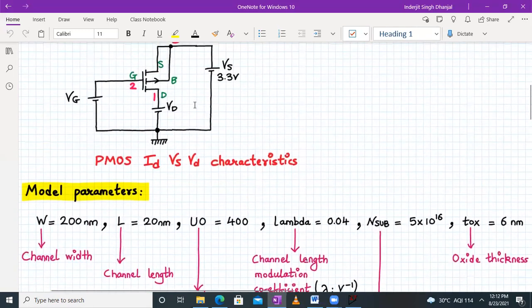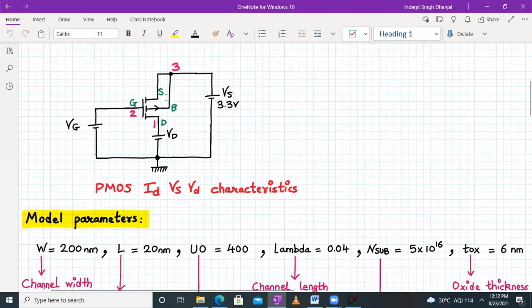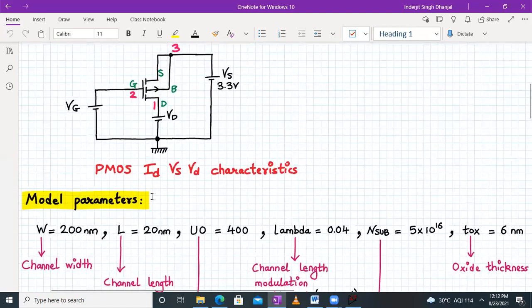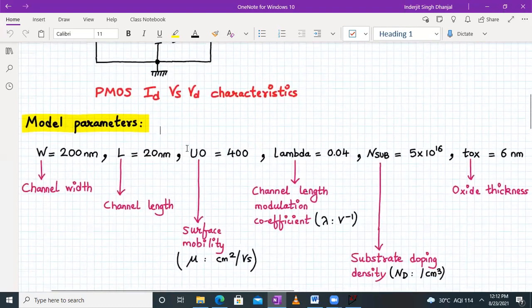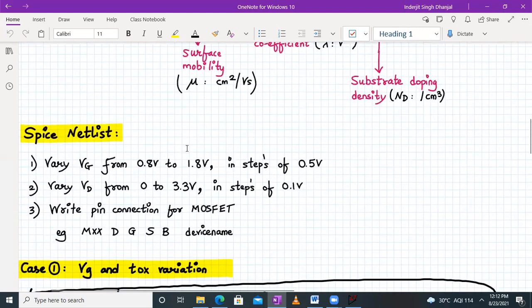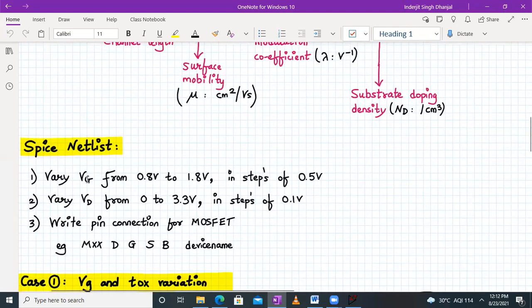Let us see the requirements of this netlist first, and then we will write a netlist in LTSPICE for this circuit. For the SPICE netlist, we have to vary the value of VG from 0.8 to 1.8 volt in steps of 0.5. That means there will be three values of VG: 0.8 volt, 0.8 plus 0.5, that is 1.3 volt, and 1.8 volt.